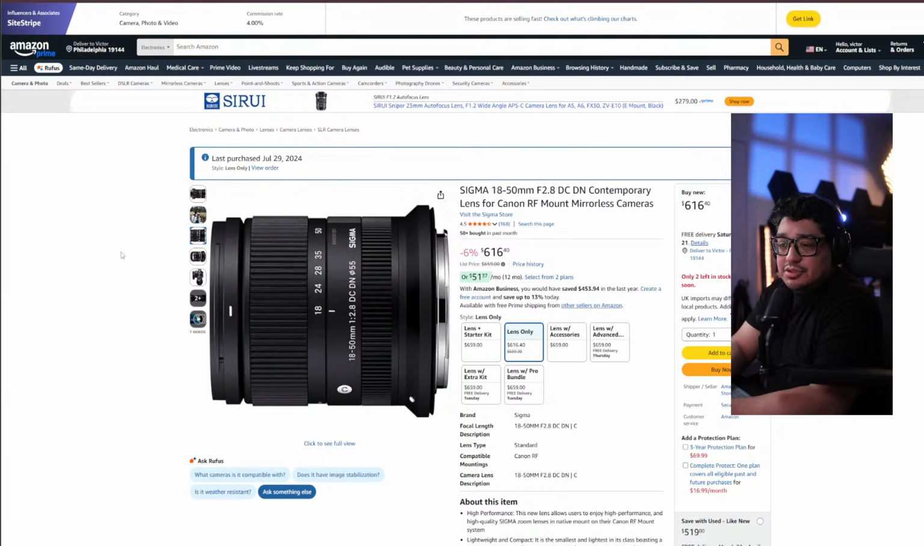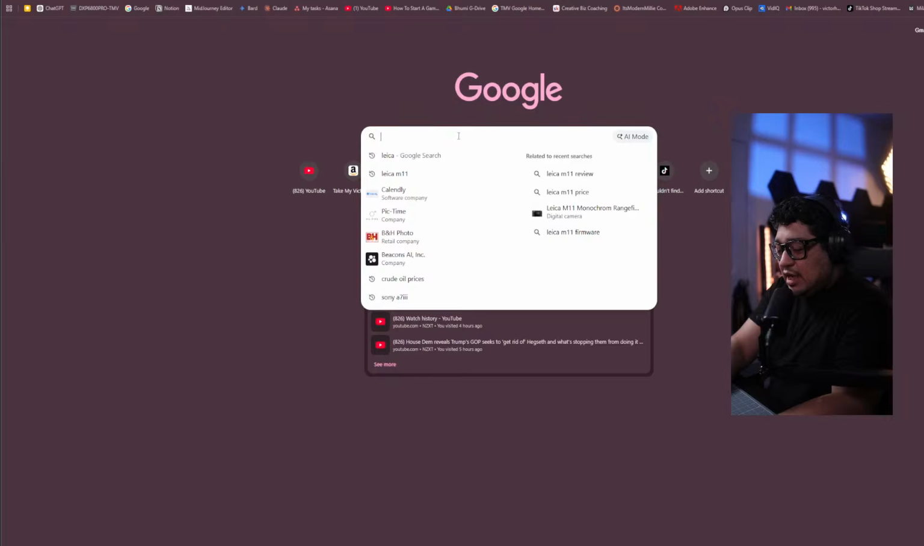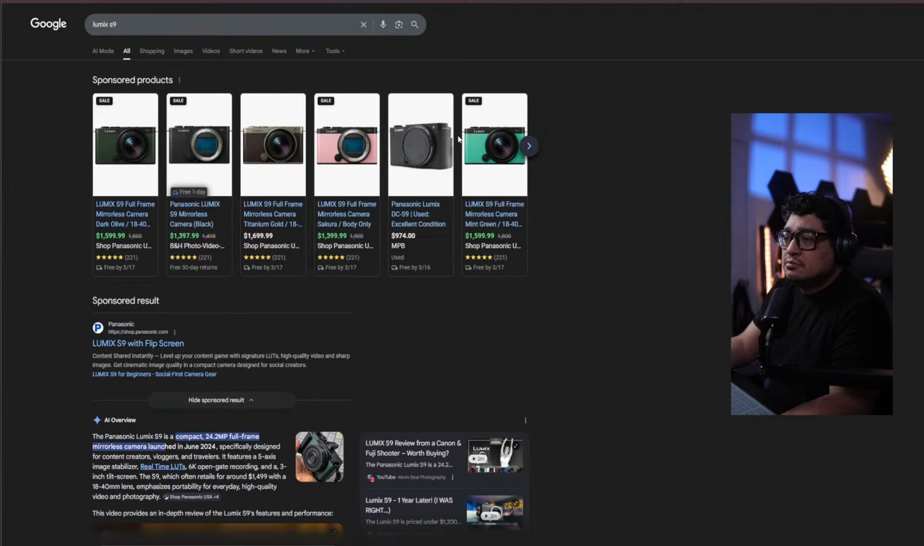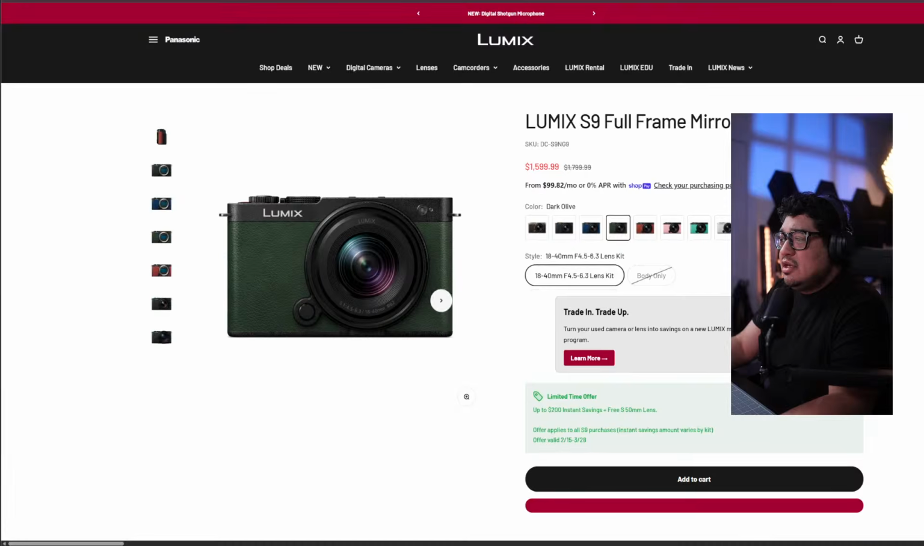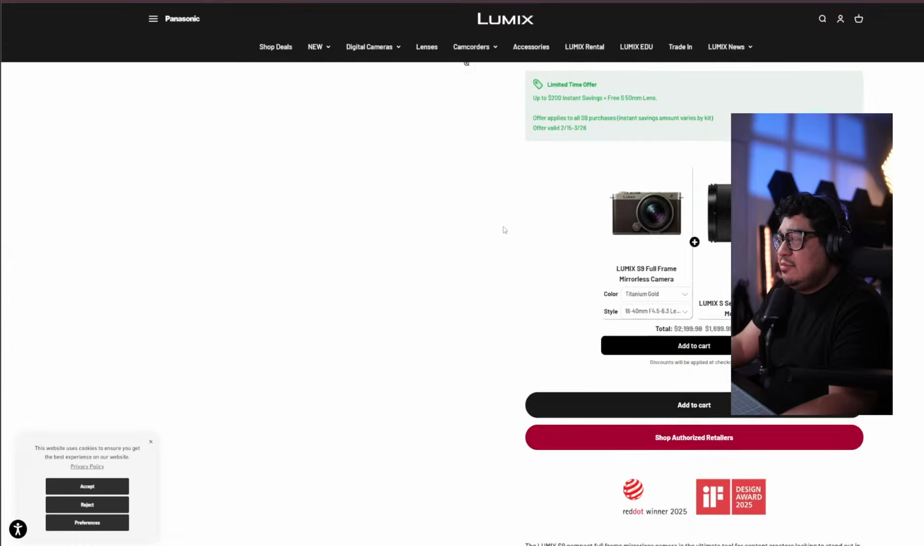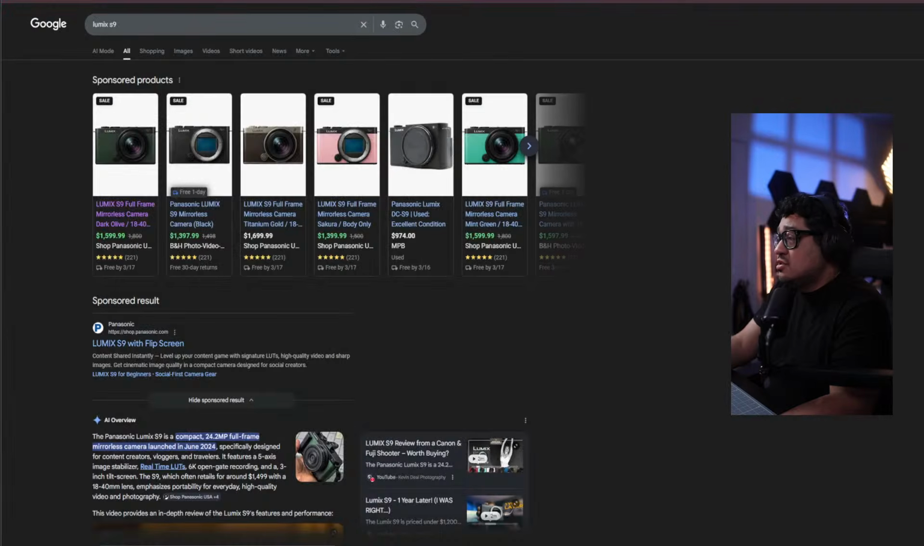Sony 6700 versus the Lumix S9. Probably the 6700. I was looking at the Lumix the other day. The Lumix S9. I hate the grip. Yeah, I would totally get the this is more of a like, hey, walking around kind of camera, in my opinion. It looks cool, but